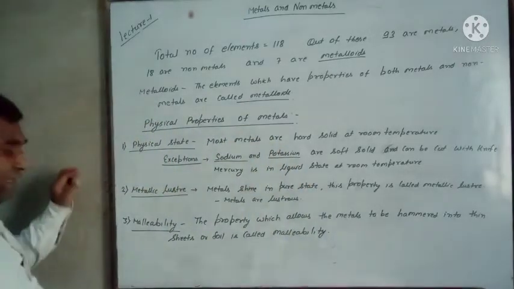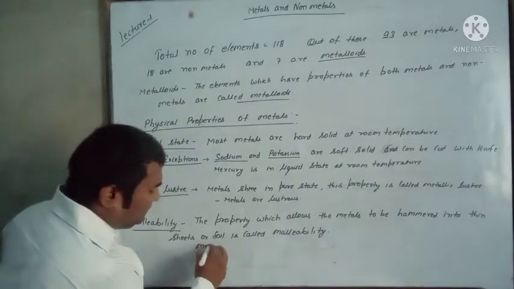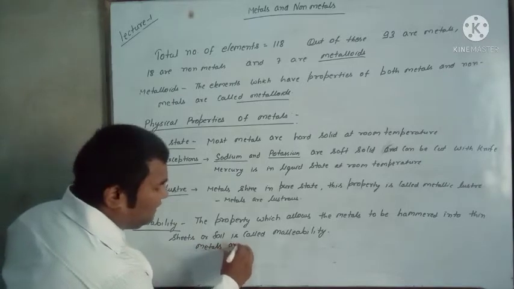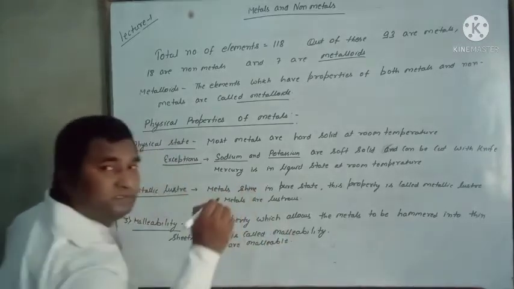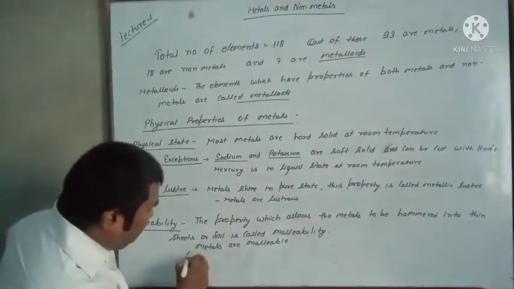So we can say metals are malleable. ठीक है. So एक और बात लिख देते हैं,